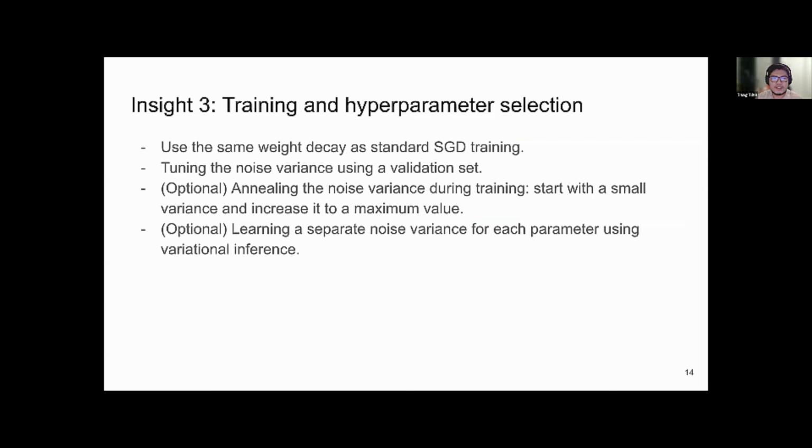The only thing you need to tune is the noise variance, and we can tune it using a validation set. One optional thing you could do is annealing the noise variance during training. We can start with a small variance and then increase it to a maximum value. We could also learn a separate noise variance for each parameter using variational inference.